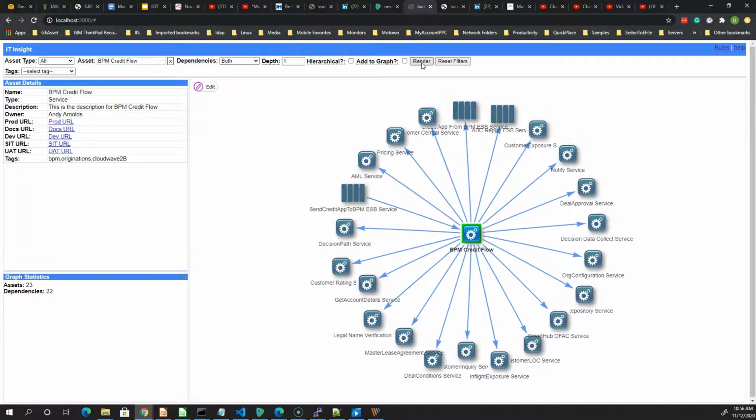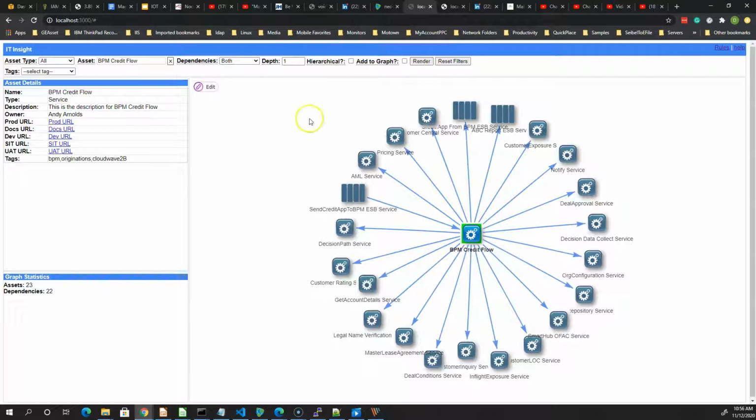If you remember from the earlier presentation, there are three components to this application. What you're looking at is the UI, the ITInsight UI component. This component just made a call when I clicked render. It made a call back to the ITInsight API component, REST API, which in turn pulled data from the ITInsight database module, the graph database, pulled that data back, sent it back through the API back to the UI, and has now been